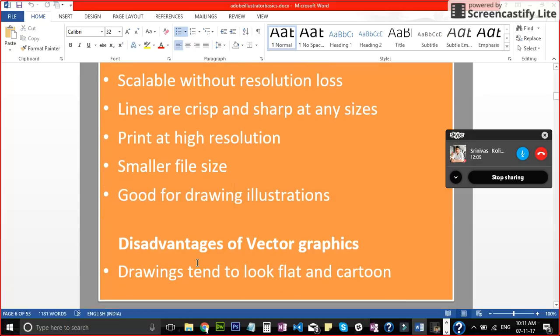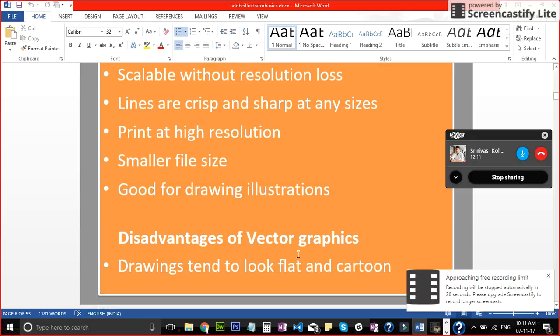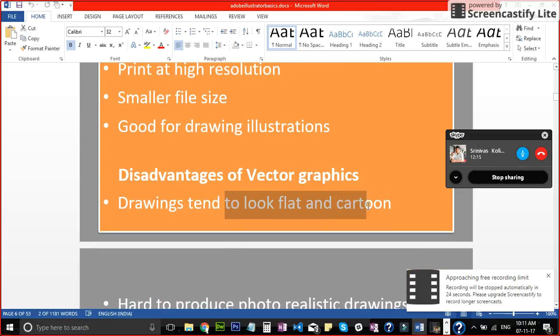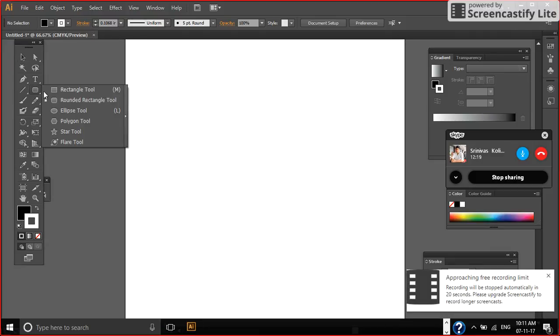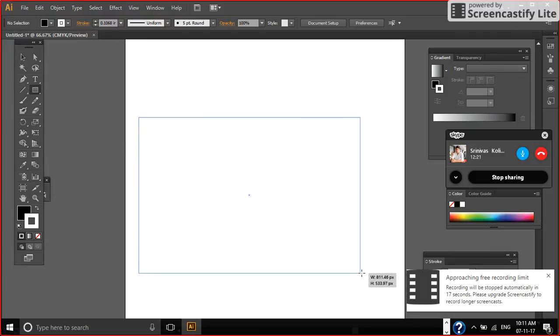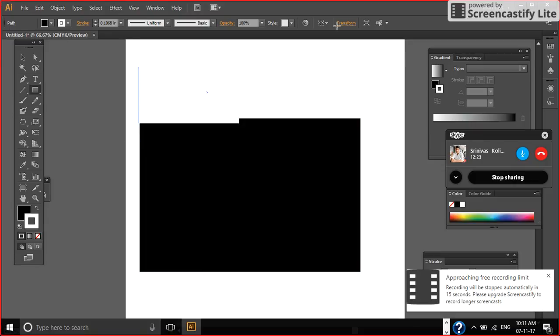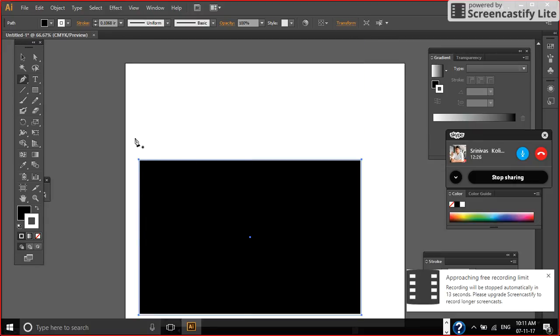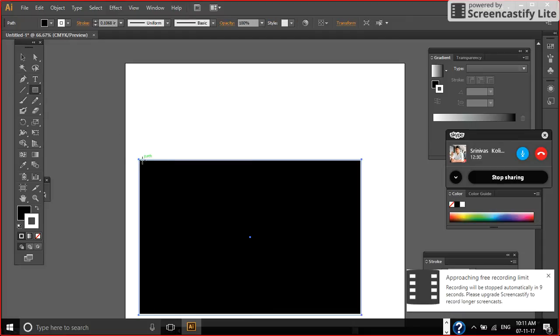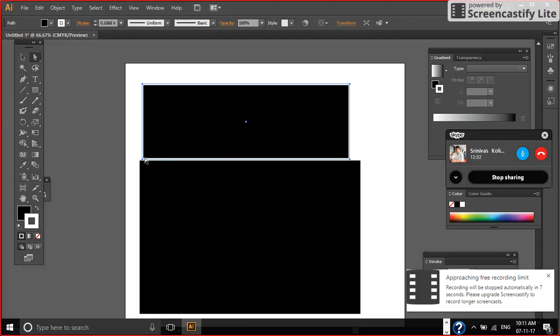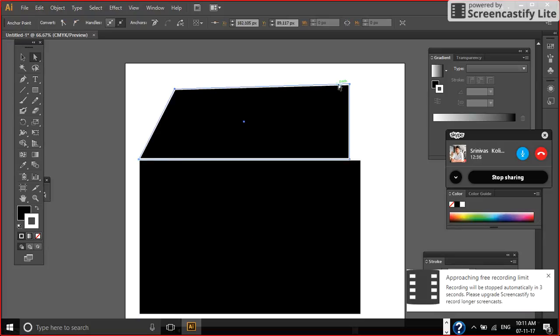And a disadvantage of vector graphics: drawings tend to look flat and cartoonish. That means any drawing object you will only see the front view, right? Where is the back view? For example, let's say I'm drawing an object here and placing it over here to show the depth, but still you will not be able to